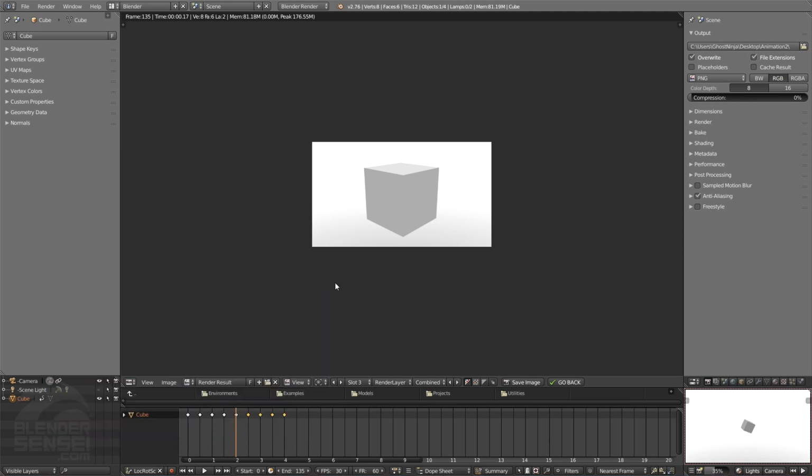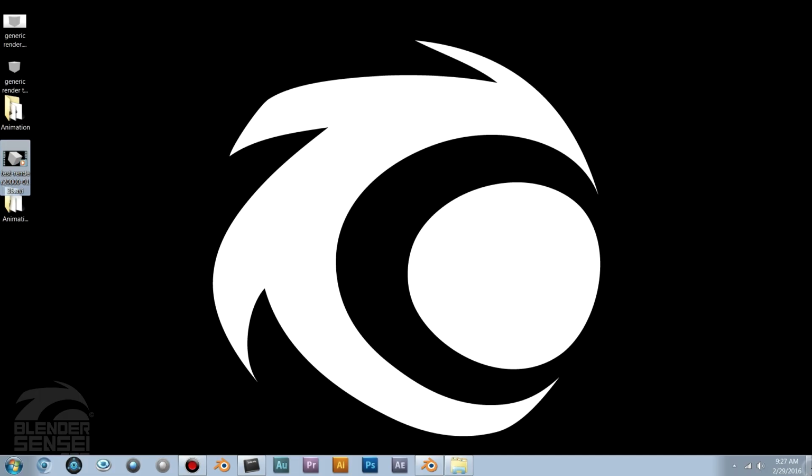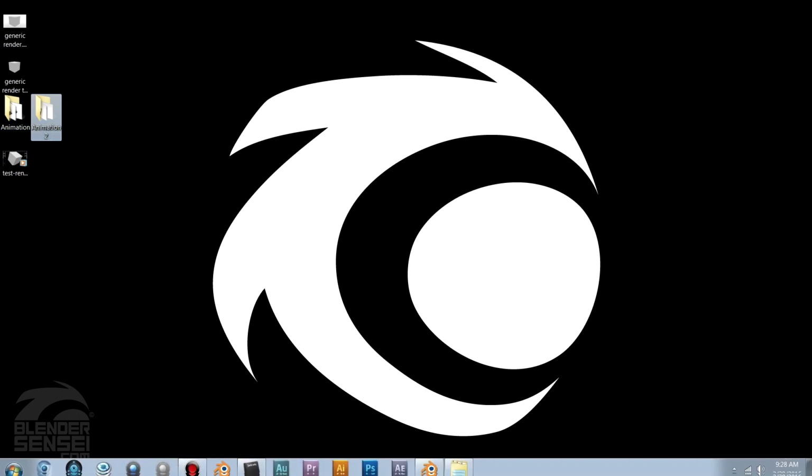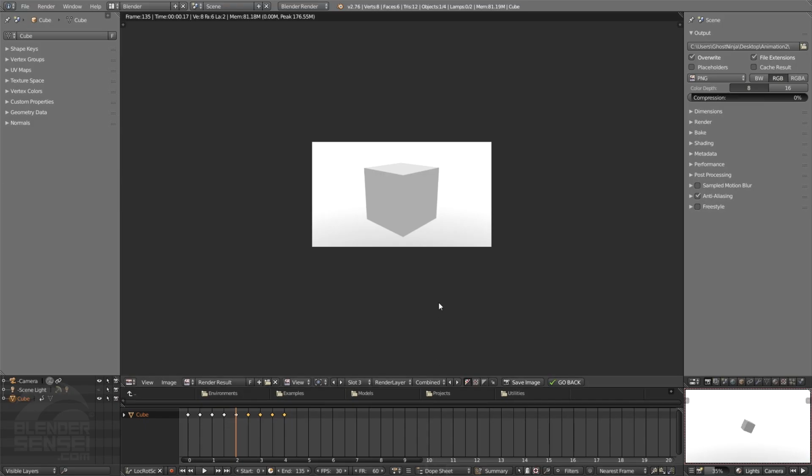Okay, so if we click X to exit out of Blender's little animation player there, and we head back to the desktop, we can see we now have this animation 2 folder that we created. I'll just set this up here next to the animation folder. Back in Blender here, I am going to be opening up Adobe After Effects